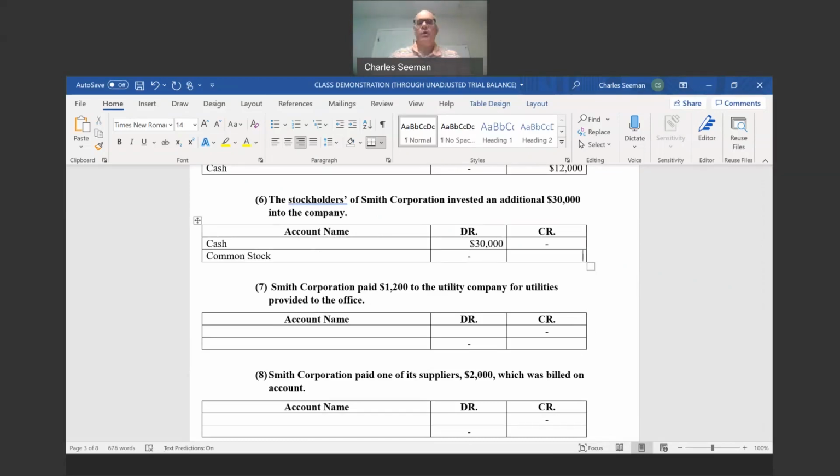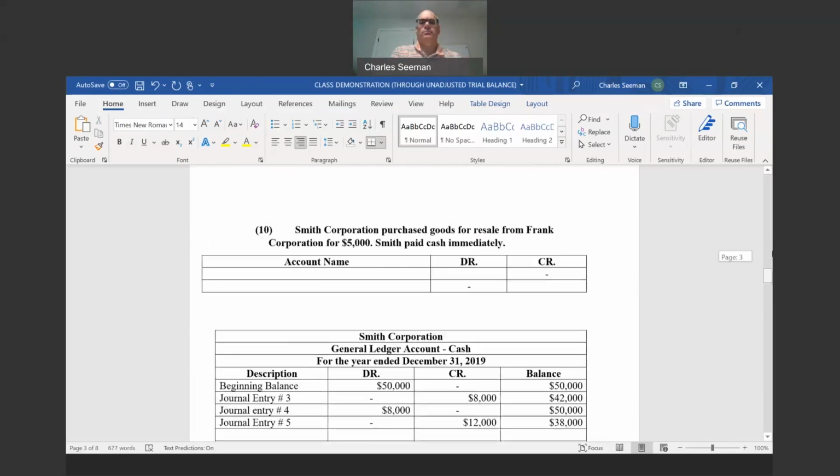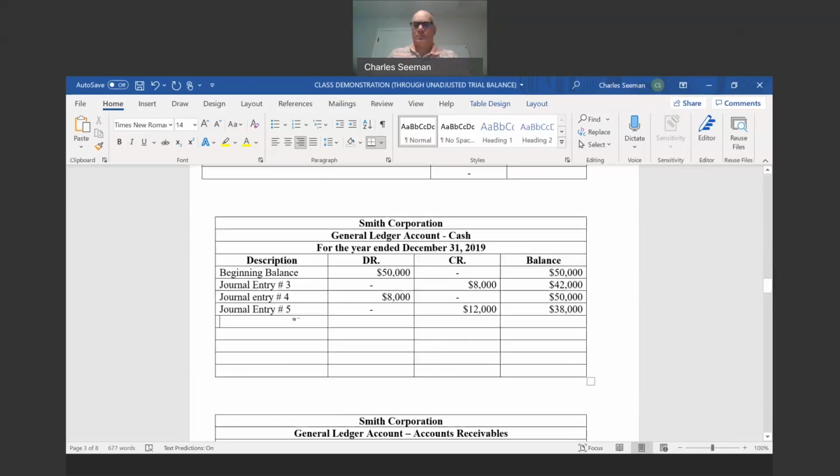Give you ownership, common stock. Common stock is retained, everything else is plus 30 is 88, minus